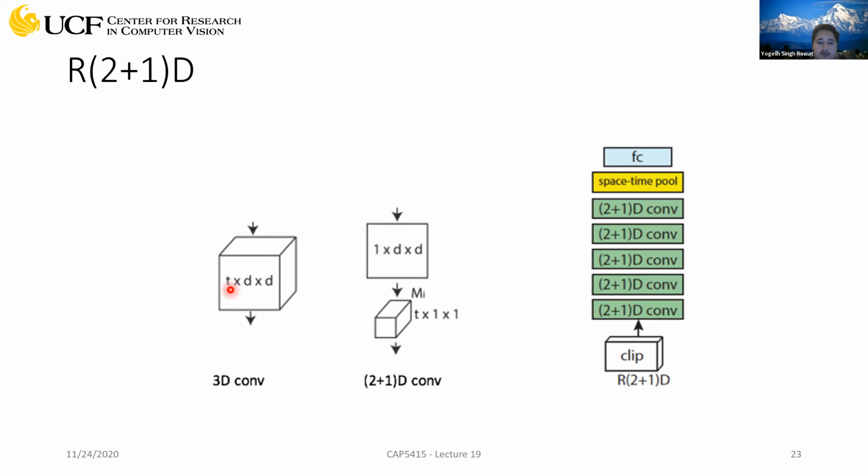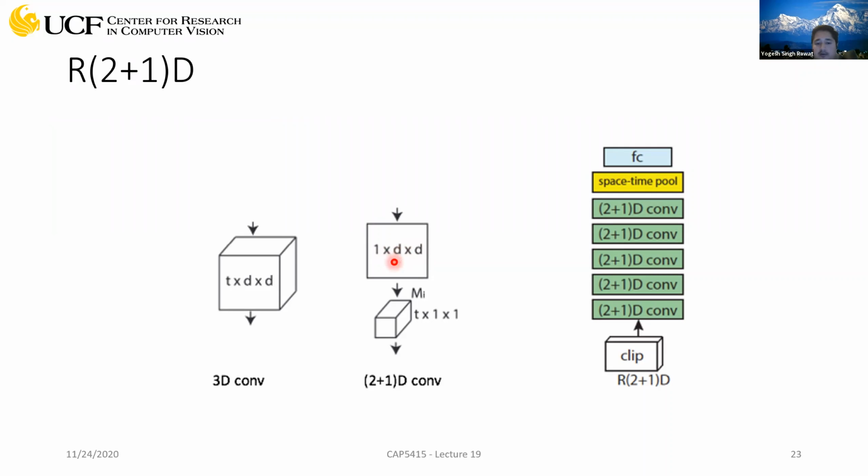If you have a feature map of T cross D cross D, where T is the temporal dimension and these two are the spatial dimensions, you can directly use a 3D convolution, right? That convolution will be applied at the same time in all 3 dimensions. Now, we can break down this operation into 2 steps. The first step is we apply the 2D kernel and only learn the correlation in the spatial dimensions. So we make this temporal dimension 1, which means you're not learning any correlation across frames. You're just looking at the center frame where you're applying this kernel. So that's the correlation in the spatial domain.